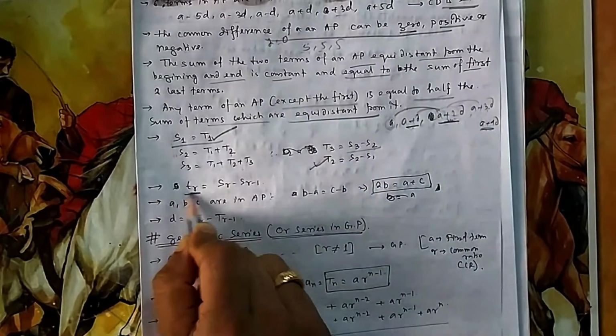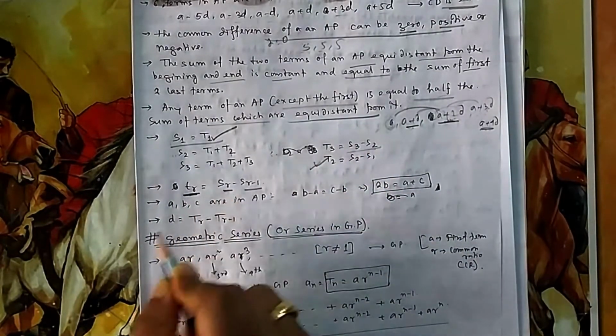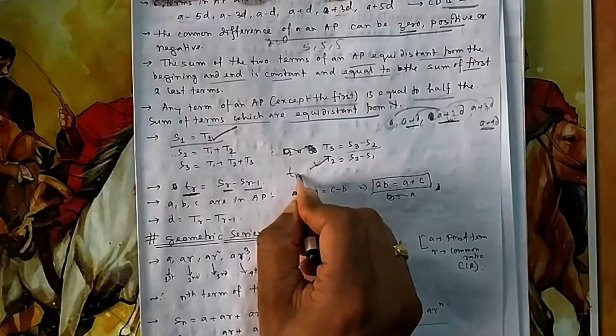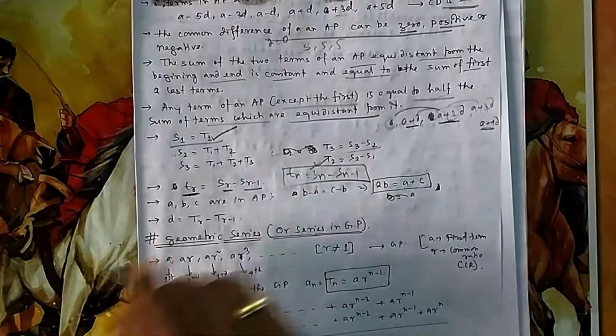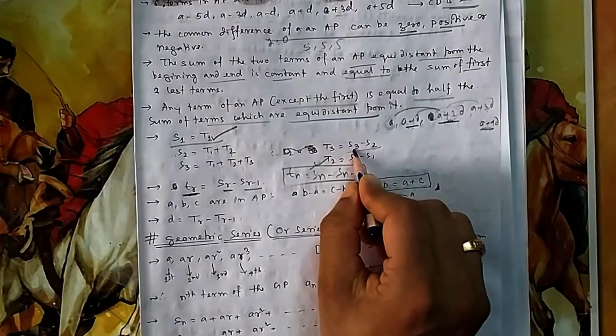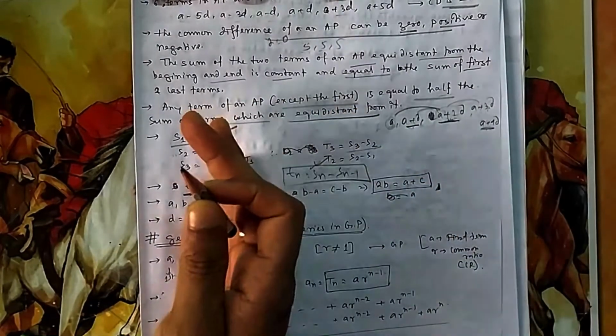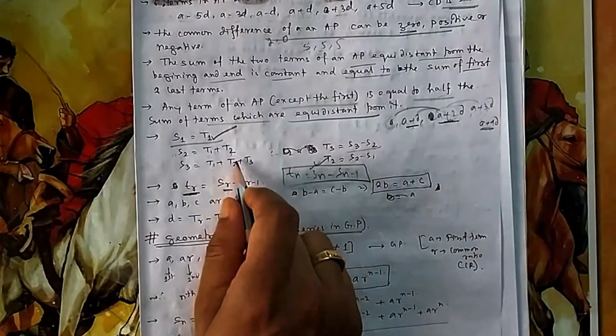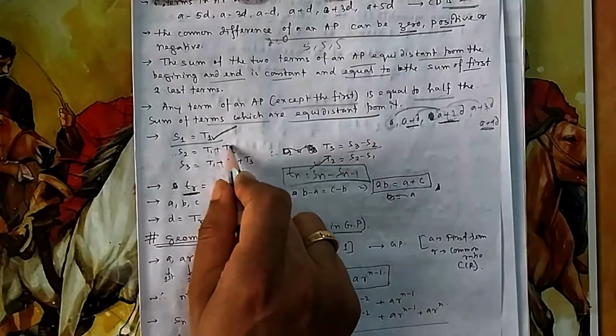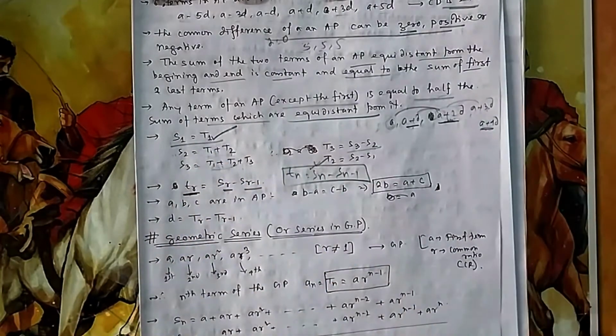So that means if you want to find the rth term, that is Sr minus Sr minus 1. Or you can say Tn is equal to Sn minus Sn minus 1. So you deduct up to that much sum, minus the summation up to the previous term. If you deduct this, you will get that term. You can see, if you deduct this minus this, this will get cancelled, and you will get T3.